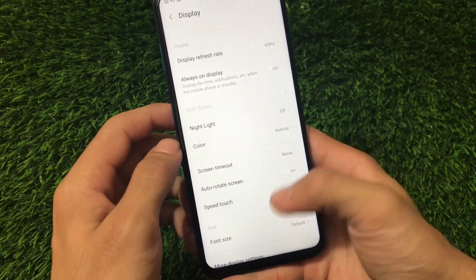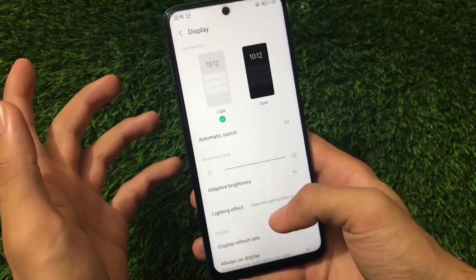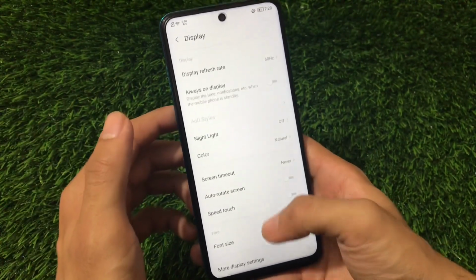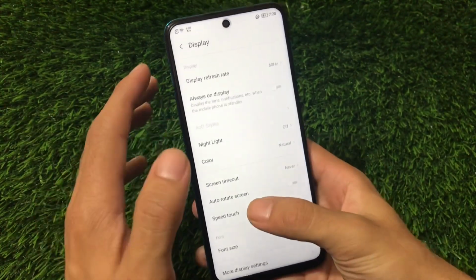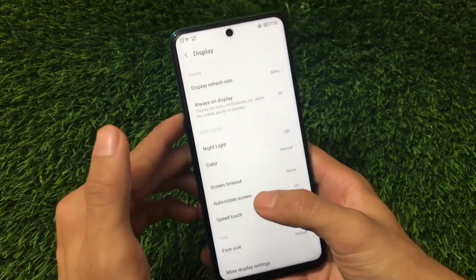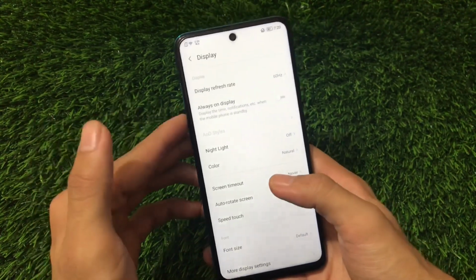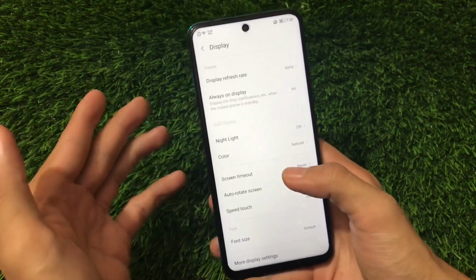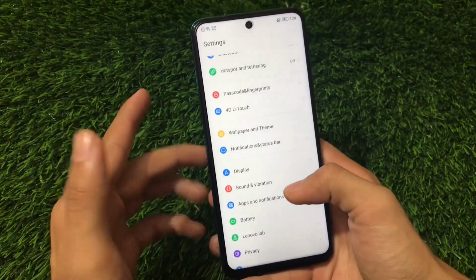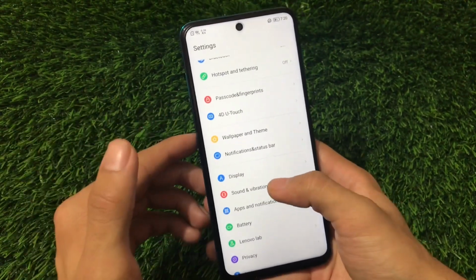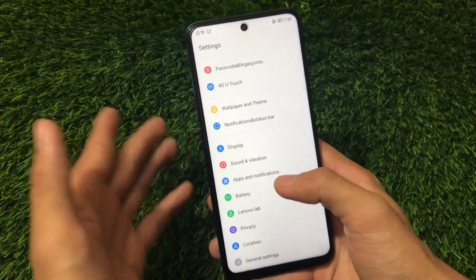The speed touch option is available here. This has a little bit of issues in scrolling speed, and it has some touch issues for me, by the way. So it's actually not recommended for daily use, but yes, you can use that for daily use also. It all depends upon the user's preferences. I'm not sure about you, but you can just go and give it a try, and if it works for you, it's better to install that, and if it is not working for you, just change the ROM.